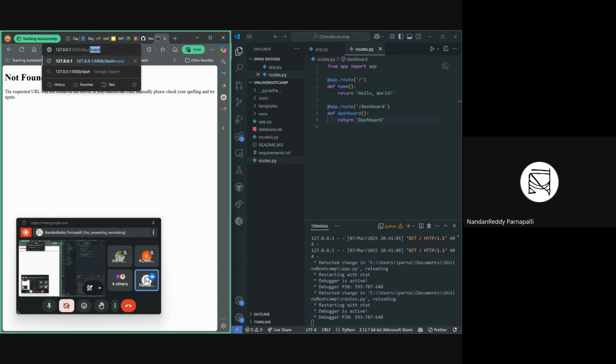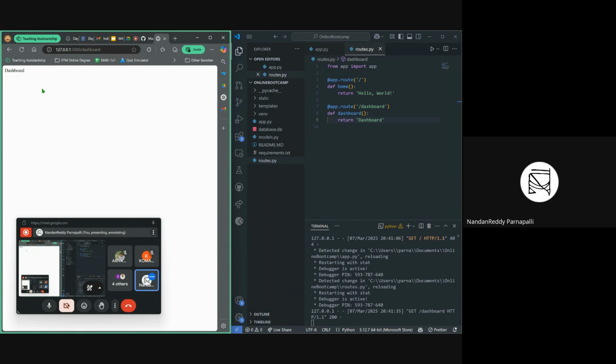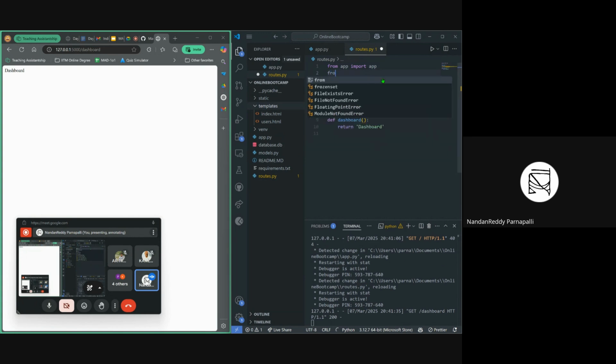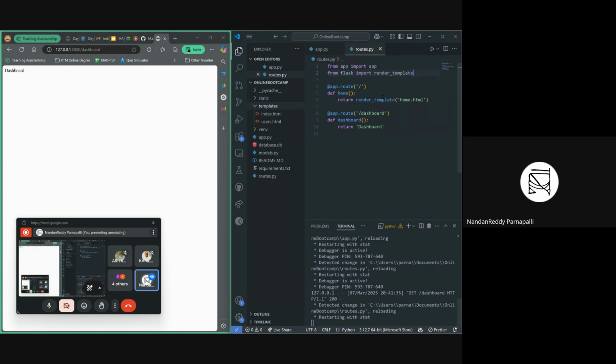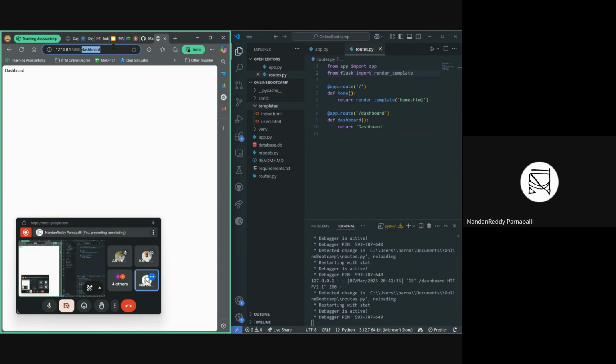If we go to slash dashboard, it is written dashboard, right? Yeah, it's written dashboard. So what we will do is, instead of returning home, we will return the template we defined yesterday, index.html. So return render_template. Render template is not showing there because we have to import that from Flask. So we have to do from flask import render_template. Whatever we are using, we have to import. Now if I open the slash page again,